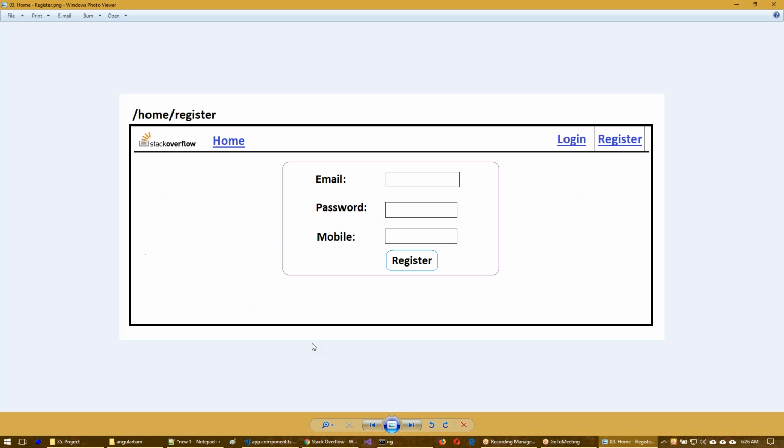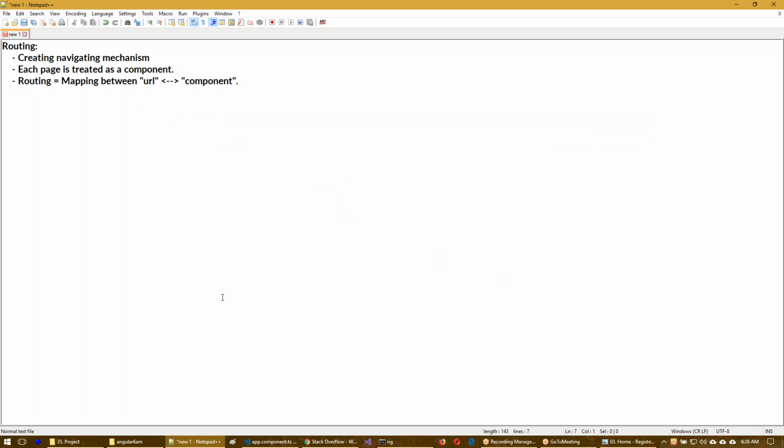So these three basic pages are under one particular group. So we can assume the group is like a home group, right? Okay, home group, that you can say home route. The group is nothing but home route. Inside that, some child routes also may be there. Child routes. What are the child routes? Index, login, register. And each route will be mapped to any one component.